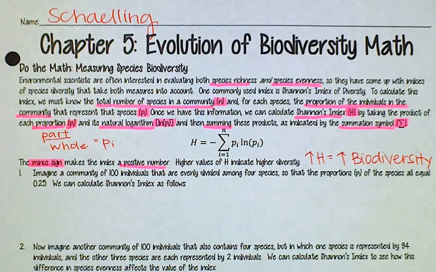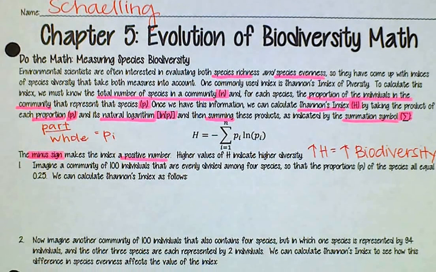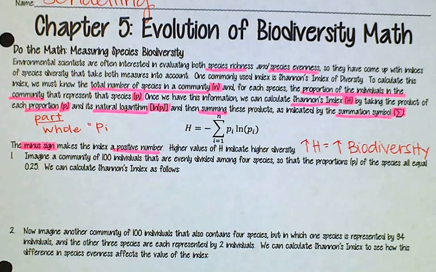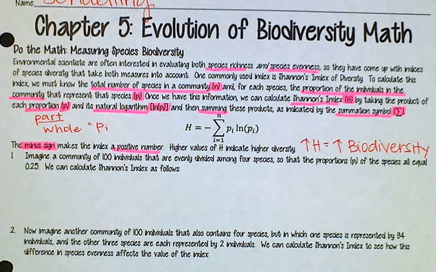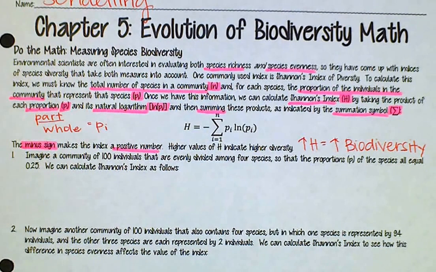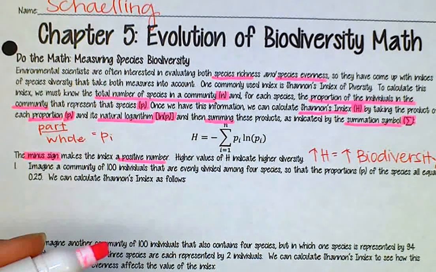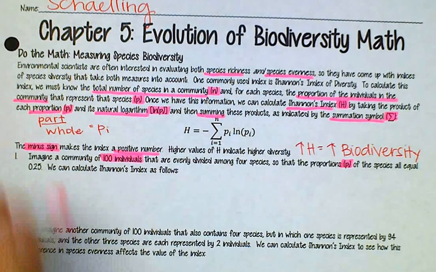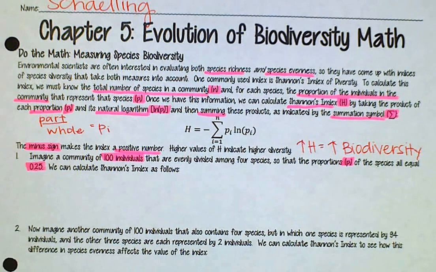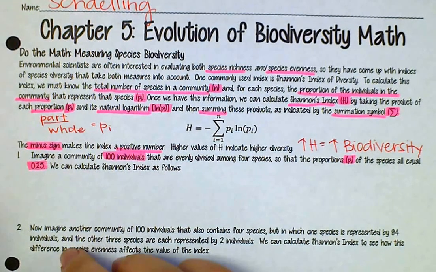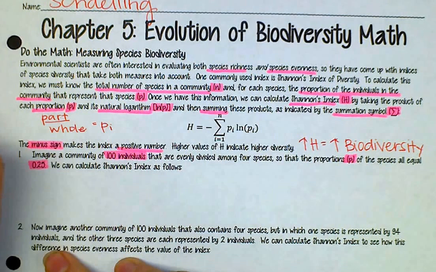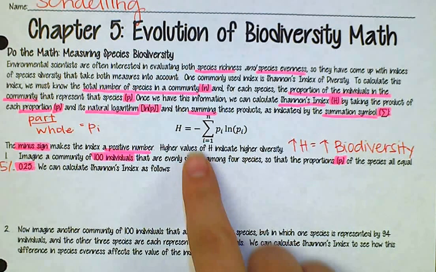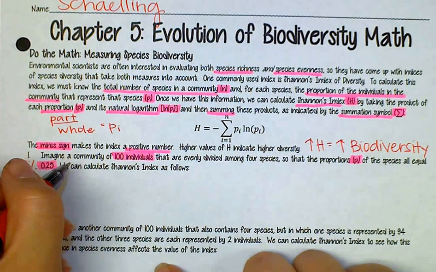All right. So let's get started on our first problem. It says, imagine a community of 100 individuals that are evenly distributed among 4 species, so that the proportion of the species all equal 0.25. We can calculate Shannon's index as follows. Okay, so we know we have 100 individuals. Remember, we always want to highlight our numbers that we're given, so that the proportion of the species all equal 0.25. Okay, so we know that we have 25% of each species. So if we follow our Shannon's index up here, okay, we know that H,